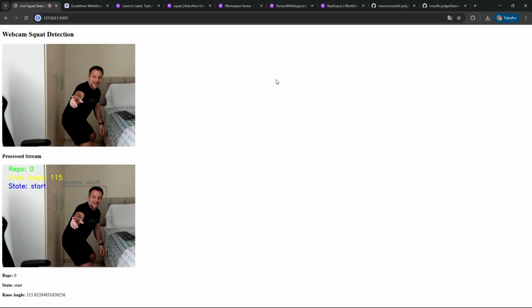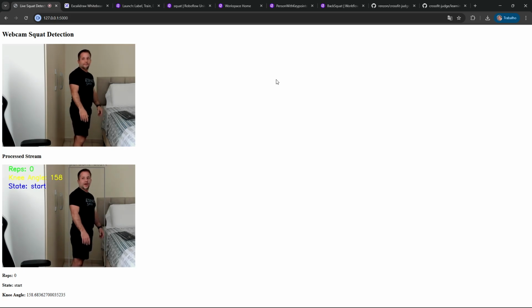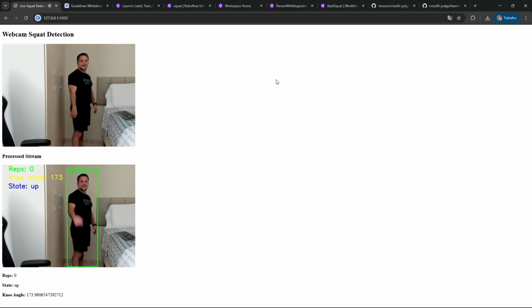So you can see that now I have the start in there, the person start, because I'm not on my feet in the right way, at a 90 degree angle with the ground. You have in there 0 reps, which means repetitions, because I haven't done the complete exercise. And now I'm going to try and start the exercise. So first I need to be straight up. So we are going to see that now the computer vision was able to check that I'm up, and now I can start the exercise.